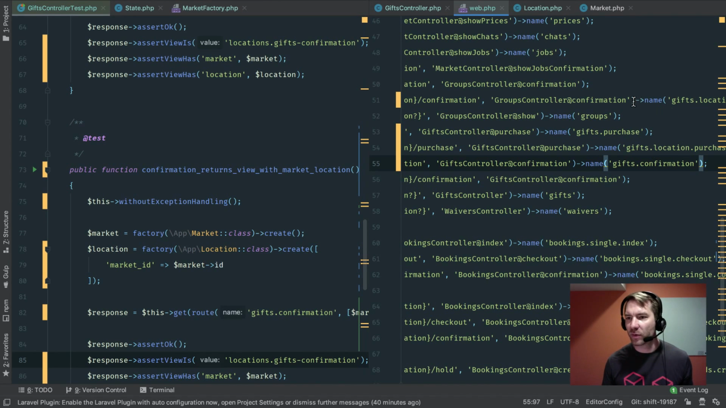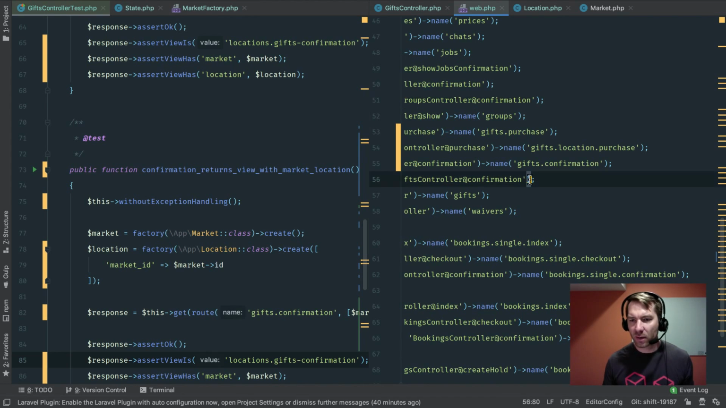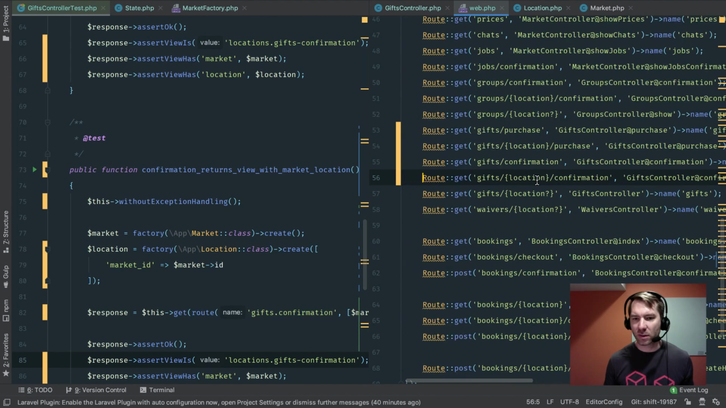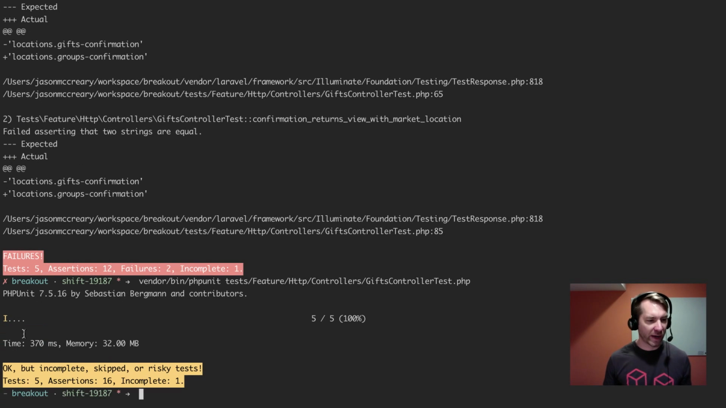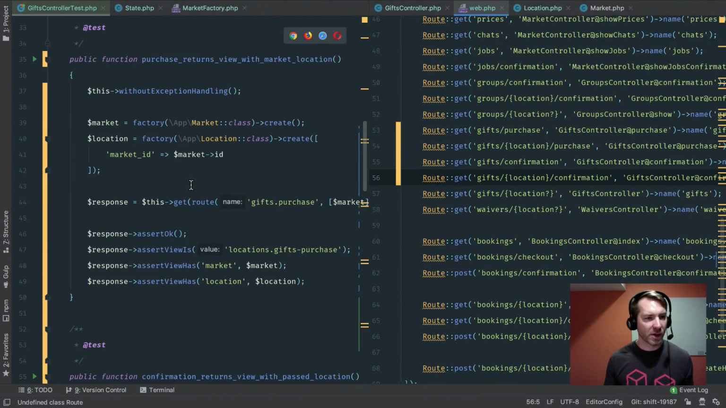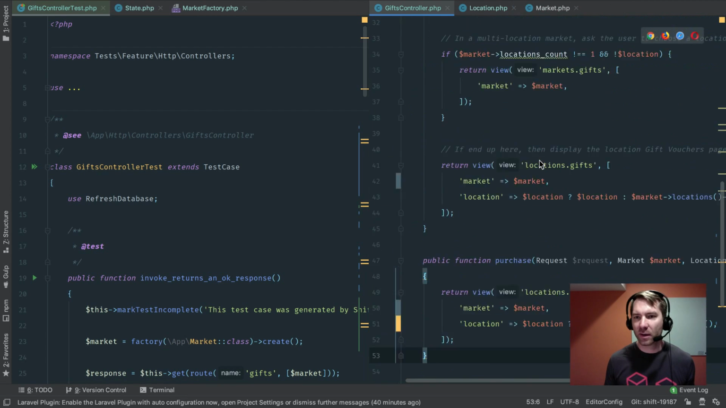And now I have like triple semicolons. Let's take that off, and this is gifts location confirmation, right? Okay, good. Let's try that again. Yay, auto passing. Okay, cool. So almost done here. Let's go back, and now for, I guess, the beef, right, is this guy